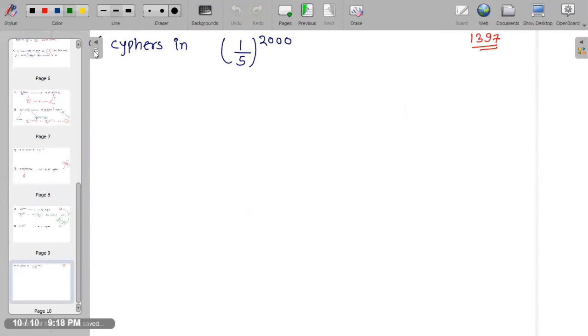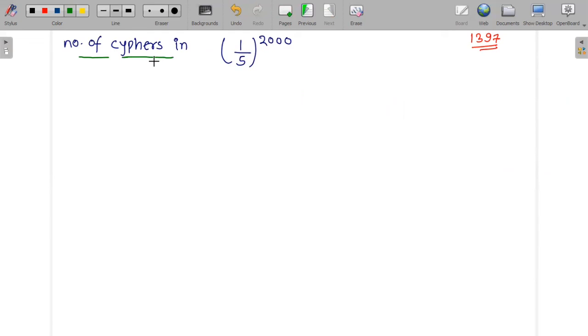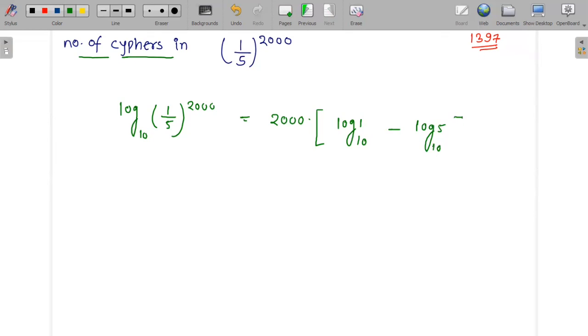All right. Now the last one for my side, we need to find number of cipher. I'm sure now you have accessed the word cipher means what. So to get the number of cipher, again, you have to take log to the base 10. Once you take log to the base 10, you will have a number. So by doing that, I have 2000 in the front times log 1 divided by 5. How can I write log 1 divided by 5? It can be written as log 1 to the base 10 negative log 5 to the base 10. Now I can replace log 1 to the base 10 with a 0 and put the value of log 5 to the base 10. Value of log 5 to the base 10 is